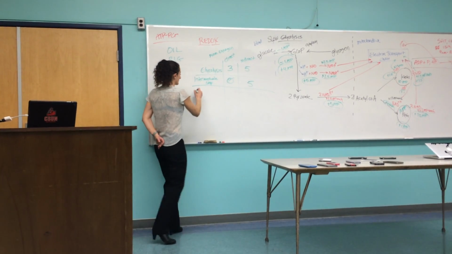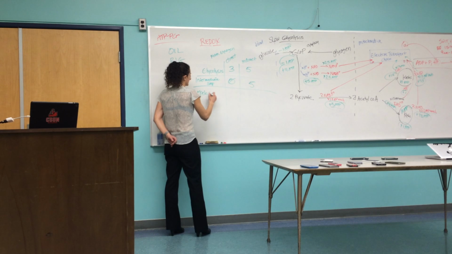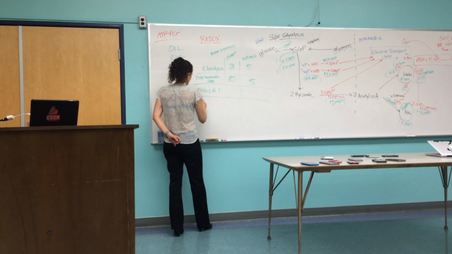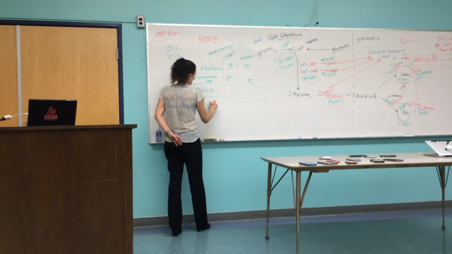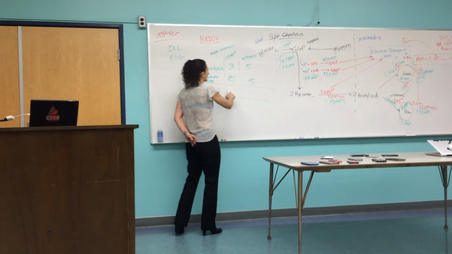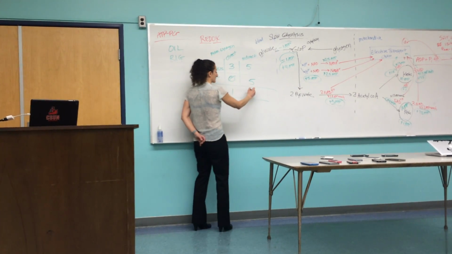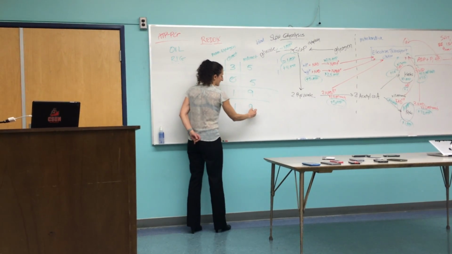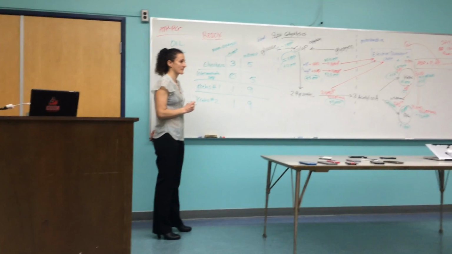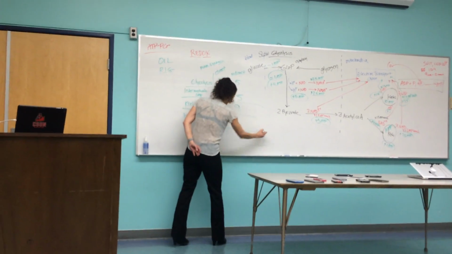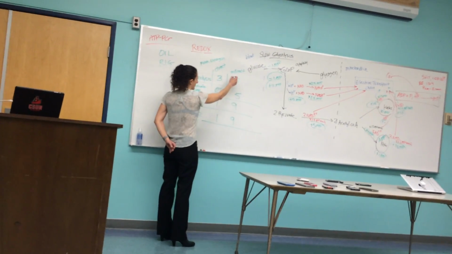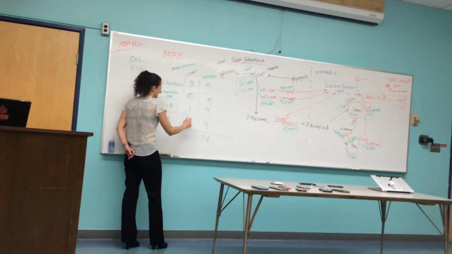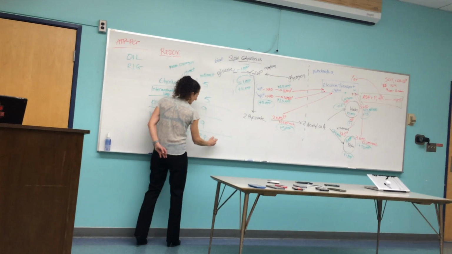We have 2 Krebs cycles. I like to keep them separate because we'll need them separate later. Okay, so in one Krebs cycle, how many direct? How many indirect? 9. Second Krebs cycle is the same. How many total indirect? How many total direct? 5, and that should add up to